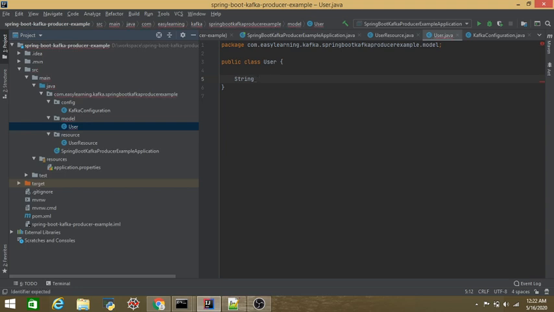So let's create some fields. Let's say string name, string department, and long salary. Create some getter setter.